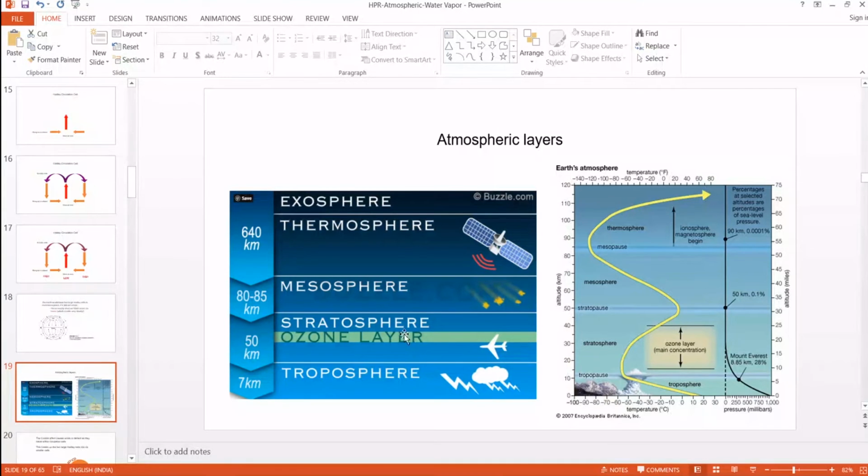So just above this boundary, most of the passenger planes travel because there is less turbulence, so there is a smooth ride. Above the stratosphere is the mesosphere, where asteroids pass by the Earth. Then above that there is a thermosphere, and here you see the temperature variation. Okay, in the troposphere, as we go to higher altitudes, the temperature is decreasing, and again there is a sharp gradient at the tropopause, and temperature is non-linearly increasing in the stratosphere. Okay, and you see the pressure.